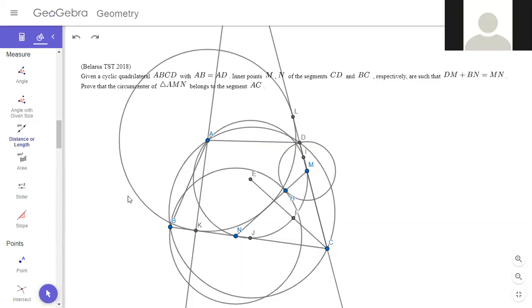If we can show that A is actually the center of this X circle, then that would solve the problem. So suppose we don't already know that A is the center of it, and we want to show A is the center. We know that BK is equal to DL. We know that AK,